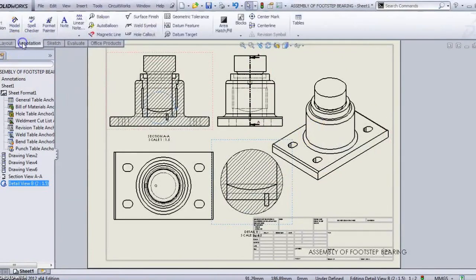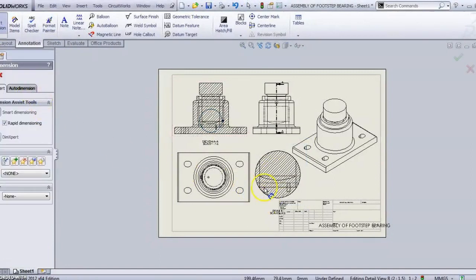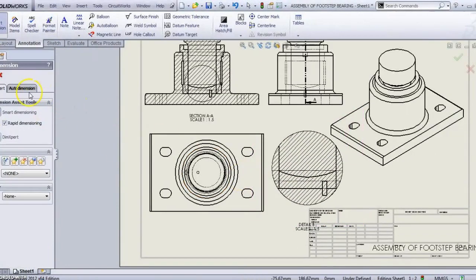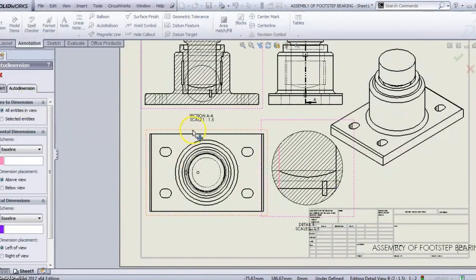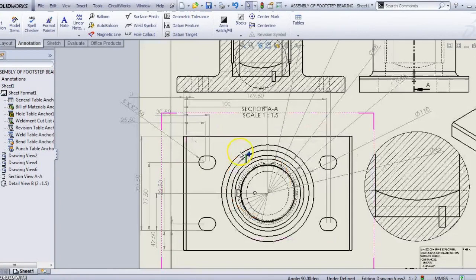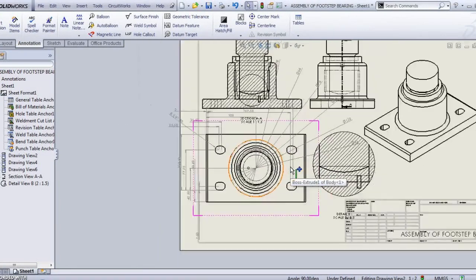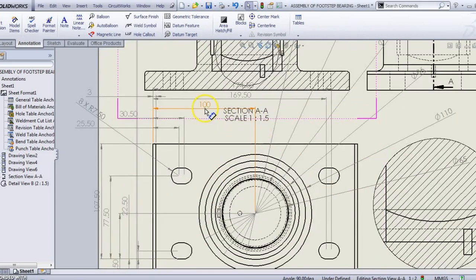Next part we are going for annotation. So in annotation we have to give the dimensions. The dimensions you can give manually also or with auto dimension. So if I am using the auto dimension option for selected entities, if I make it okay, I will get dimensions for the selected view. Whichever dimensions I don't want, I can delete. In this dimension,